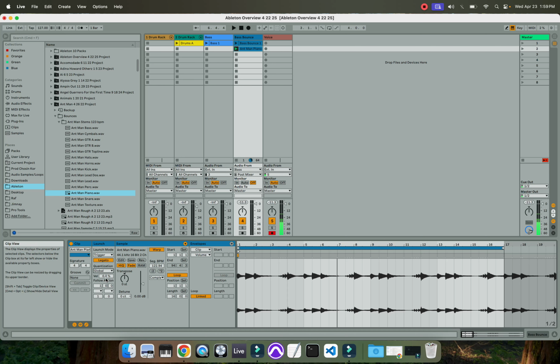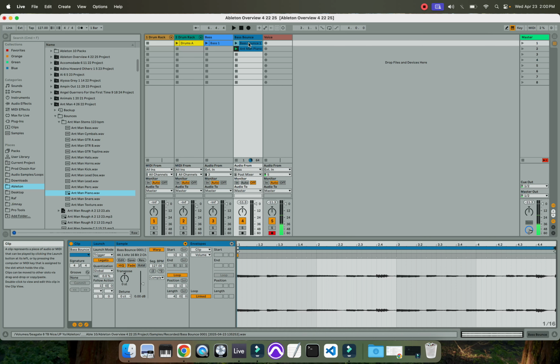So cool. What do we have here? It says follow action, and then it says 1, and then it has these options, and then these options, and then this is the probability, I think, chance. Cool. So it just has to be higher than 1, or higher than this one, for it to actually happen. So let's say after I play this one, it goes to the previous clip. And then on this one, we'll set the follow action to be